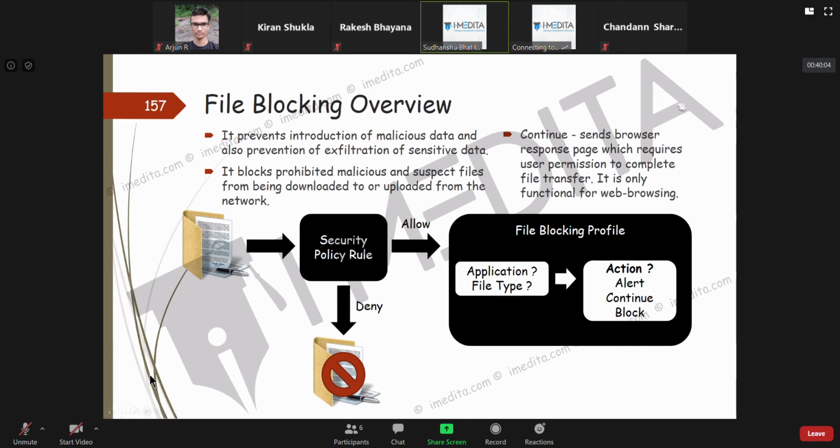So continue sends a browser response page which requires user permission to complete file transfer. But this will be only functional for web browsing. You cannot make it functional for IMAP, email, or anything other than web browsing.